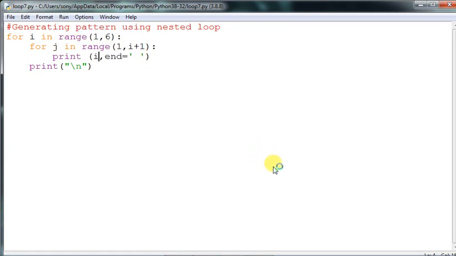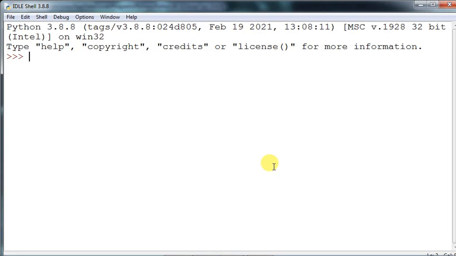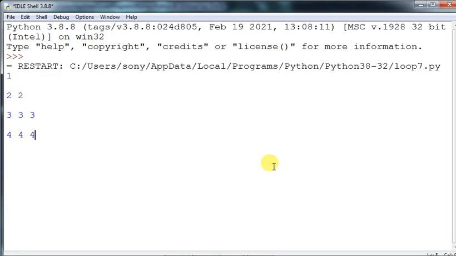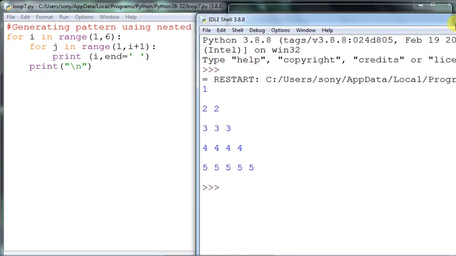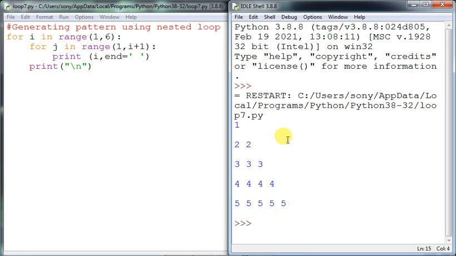Okay, see out here, the output which we have desired for has been created: 1 2 2 3 3 3 4 4 4 5 5 5. So it clearly shows that the outermost loop will be running only the number that has been given, and the innermost loop will complete its rotation whatever we assign.